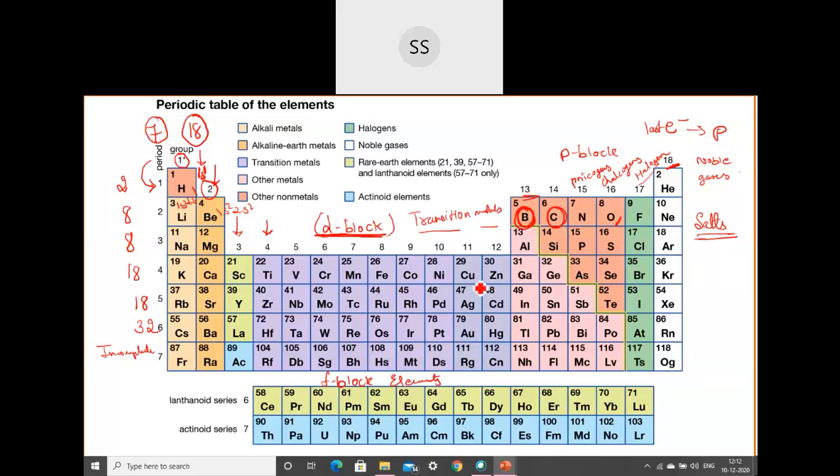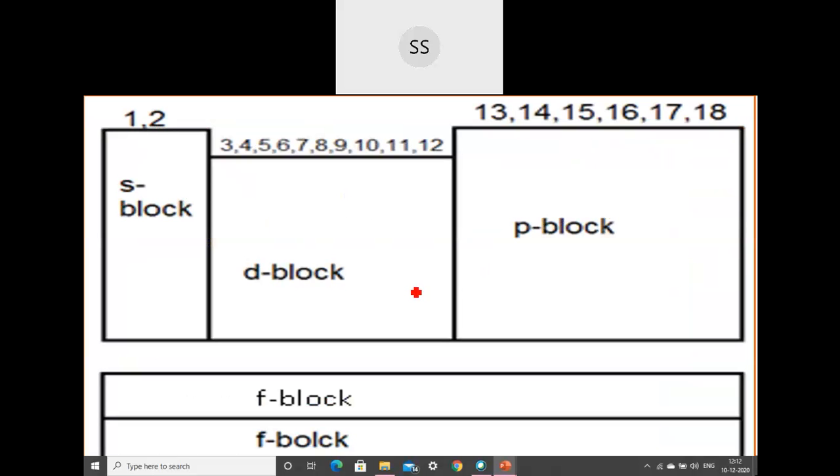So that is all about the different blocks of elements in the periodic table. Let's go for the general electronic configuration. For an S block element, electrons can range from 1 to 2, so you write ns1 to 2 as the general outer electronic configuration for S block. But if they ask particularly for alkali metals, you write ns1, and for alkaline earth metals it will be ns2. So it ranges from 1 to 2.